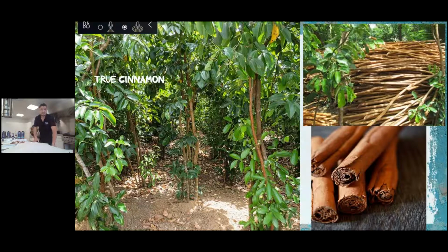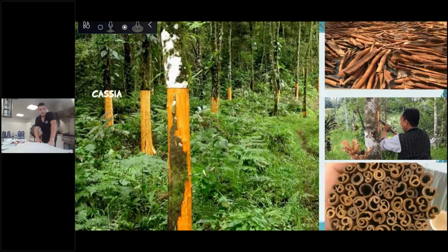So some pictures that we took in Sri Lanka. This is for true cinnamon, and you can see that the trees are actually really quite small, more of a bush, I would say. Much thinner trunks. But yeah, the whole bush can just be chopped down, and then the outer bark is removed from the trunk, and then it's the inner bark, which is the spice that we've got in our hands today, and it's used in cooking. So you can see in the top right that the whole trees have just been chopped down and ready to be processed. So this is in Sri Lanka, and then cassia is a completely different tree, still related, but